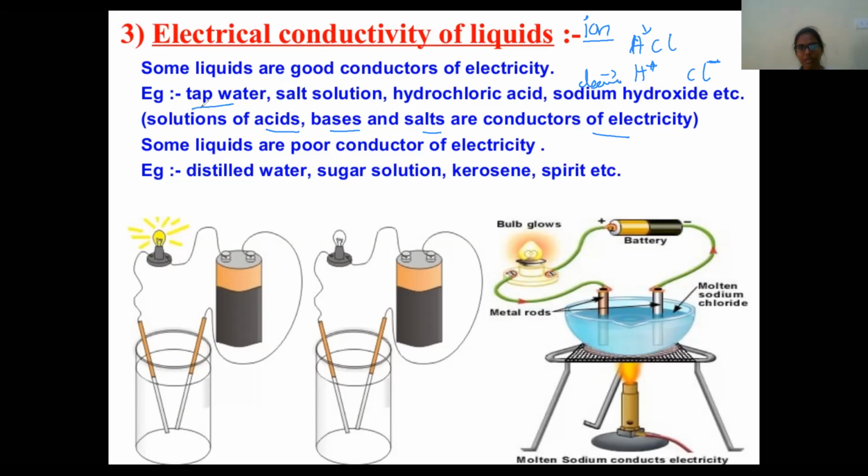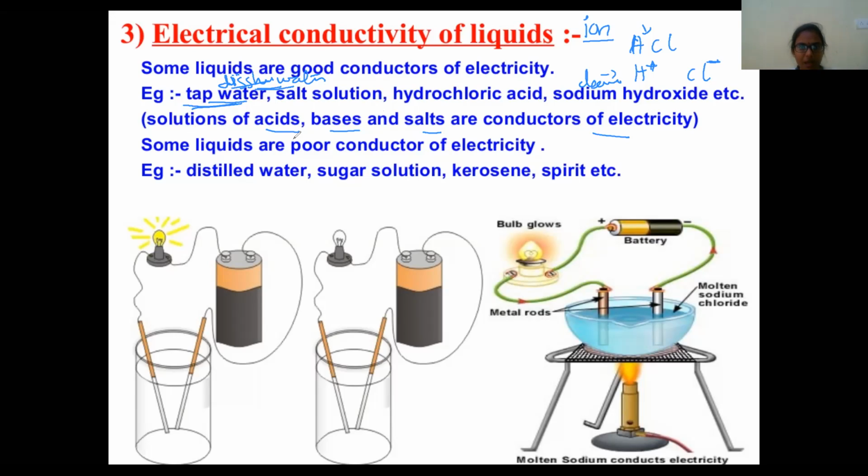And here they have given tap water. But if they give distilled water instead of tap water, distilled water, what you have in the lab, is very pure water and does not contain any salts in it. That is why it is not a conductor. But you can take tap water, that will be a conductor. Okay, children, please try to understand that if they give distilled or pure water, it is not a conductor. Only tap water containing minerals is a conductor.